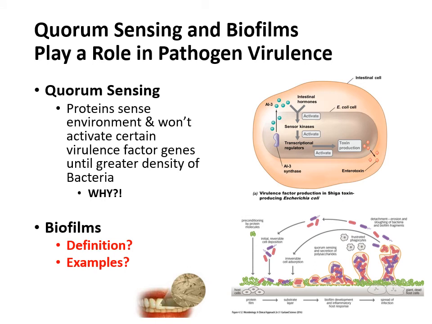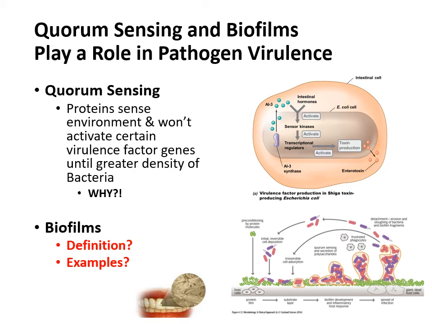Now, the last thing that I want to mention over here is the idea of quorum sensing and biofilms. Okay, both of these play a role in pathogen virulence. If you picture quorum sensing, proteins basically will not be activated and released unless the bacteria assesses the population around it and determines, hey, I have a lot of my buddies around, so now let me activate these genes and produce these proteins